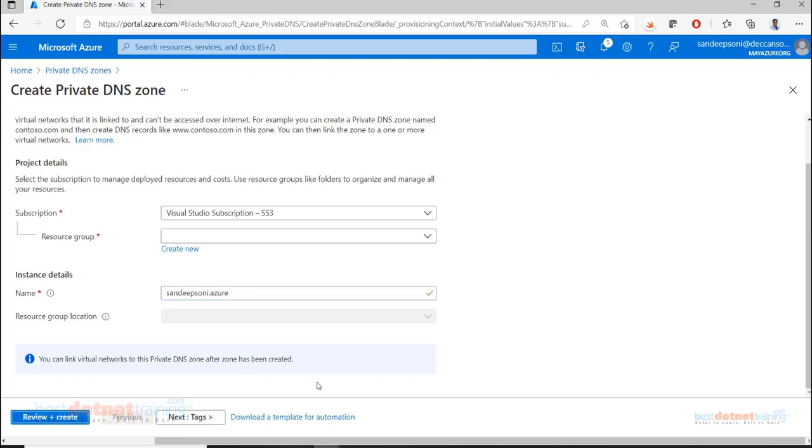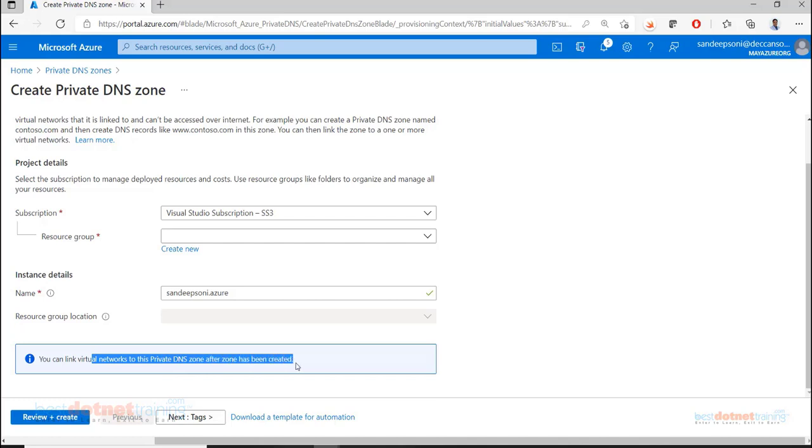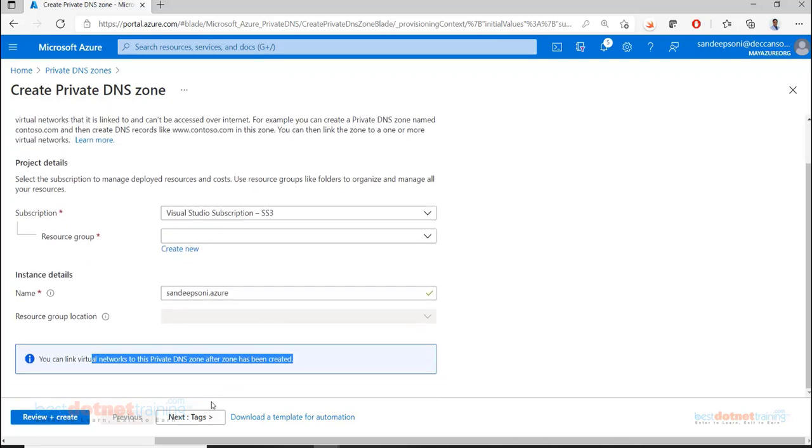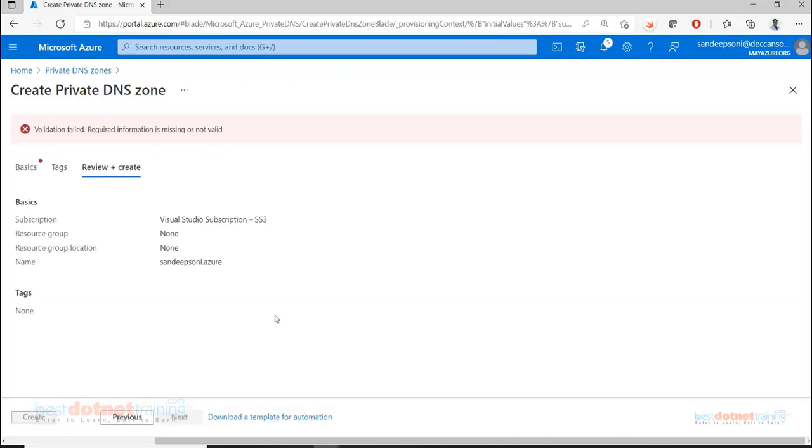This is the name I'm creating. You can link a virtual network to this private DNS zone after the zone has been created. We are going to link this DNS zone which we are creating now to a virtual network.